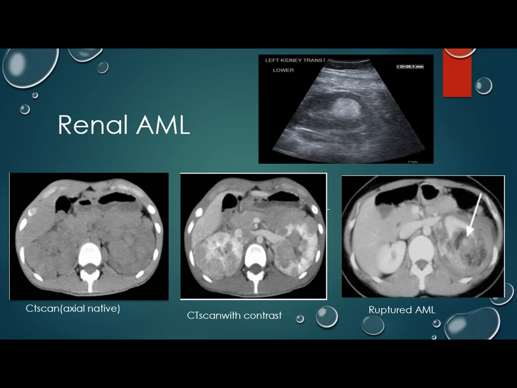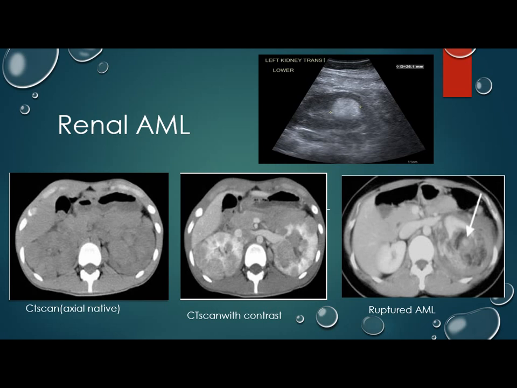But there's a problem. Some of these angiomyolipomas are lipid poor, so we will mix it up with renal cell carcinoma. How do we know that this angiomyolipoma is lipid poor? It appears hyper on CT, hypo on T2, and iso on ultrasound. In these cases, we will mix it with renal cell carcinoma, and the most important complication of angiomyolipoma is rupture. When it ruptures, we will find blood in the retroperitoneum and perirenal area. But if the fat is obscured by the blood during bleeding, it's also mixed up with a ruptured renal cell carcinoma.